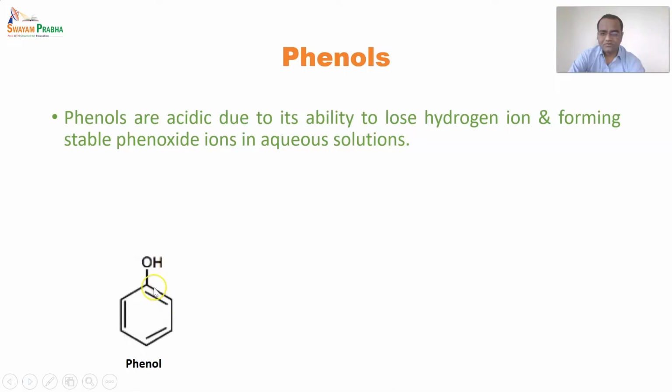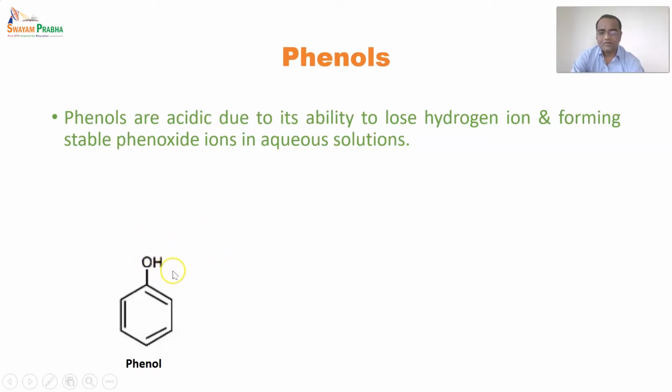So this is the structure of phenol. The benzene ring has been substituted by an OH, removing one hydrogen from a carbon. And it is acidic as per the Arrhenius theory. There are three theories which define acids. One of them is the Arrhenius theory. The Arrhenius theory describes that